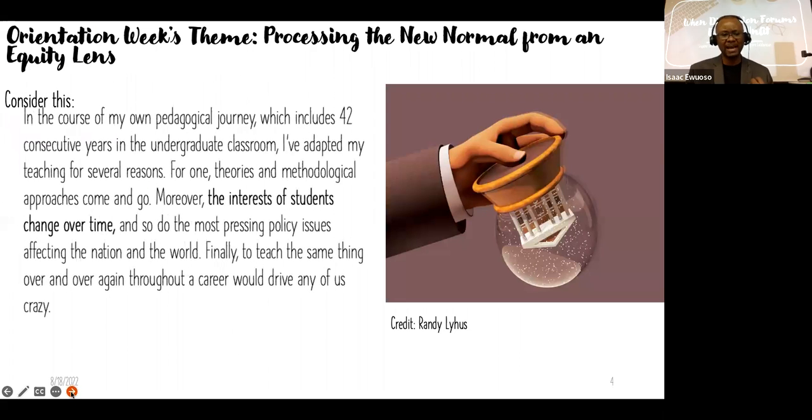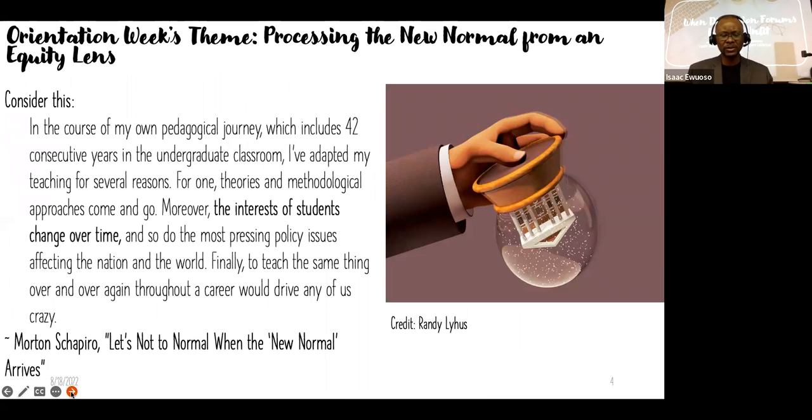So as we consider this week's orientation theme, I want us to reflect on this quote, which I captured from an article in the Chronicle of Higher Education. It came from Martin Shapiro. I have highlighted in bold the specific area that I want to focus on: the interests of students. According to Martin Shapiro, they change over time. As an instructor, I try not to teach the same course the same way twice.